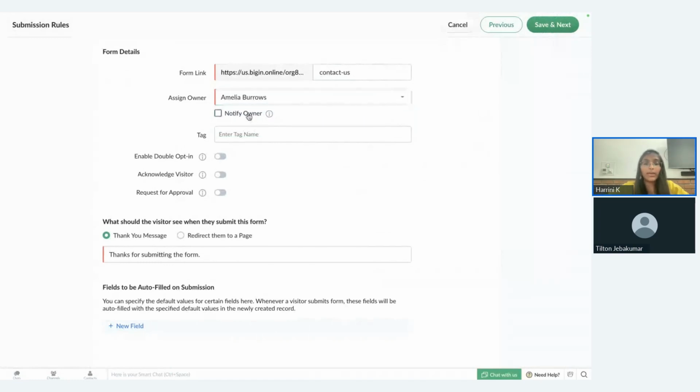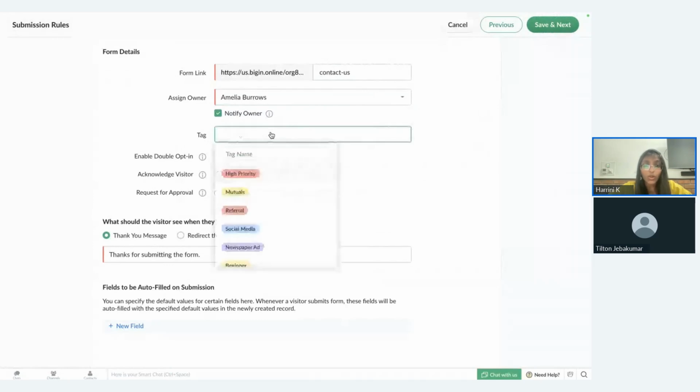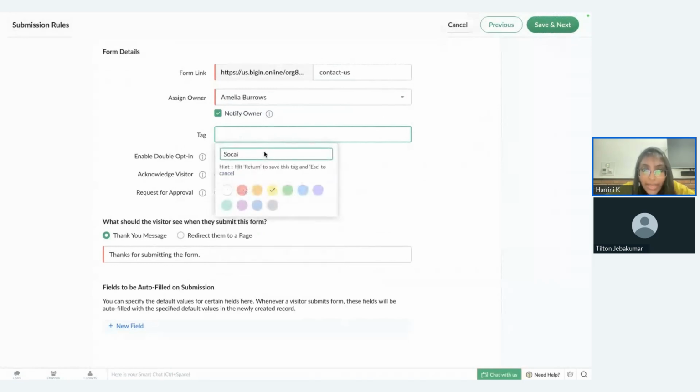You can also notify Amelia whenever a new record is generated. You can also differentiate the records generated through this form using tags. Let's say that Zilker is going to add this form to their social media ads. They can segment the leads by adding